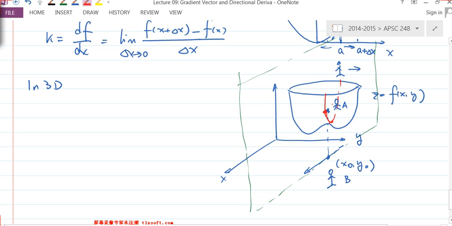Then here comes the natural question. As stickman B is walking in this direction, how does the rate of change in the value at stickman A behave? In other words, how will the function f change as B is walking in this direction? That makes sense, right? So basically the question here is